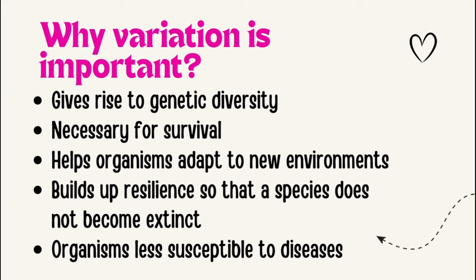And so variation is extremely important. Why? Because it leads to genetic diversity, right? It's necessary for survival of any living organism, and it helps organisms to adapt to new environments. It builds up resilience so that a species does not become extinct, and it also makes organisms less susceptible